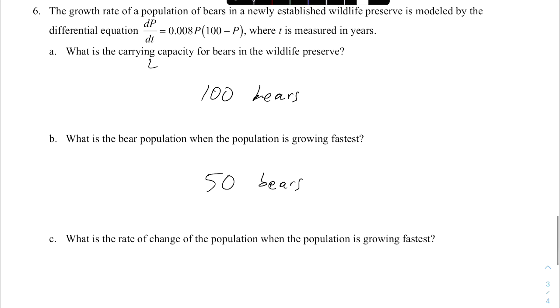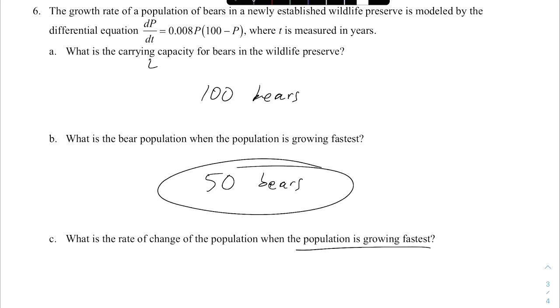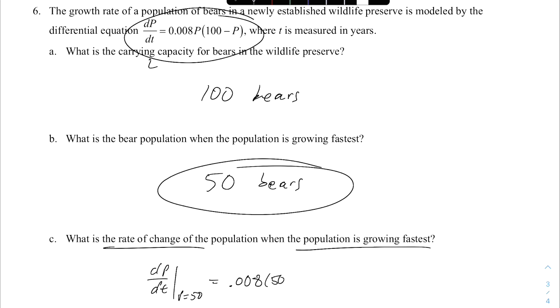What is the rate of change of the population when the population is growing the fastest? So the population is growing the fastest when I have 50 bears. What is the rate of change? Well, that is my dP/dt. So if I put in dP/dt when my population is 50, that is 0.008 times P times (100 minus P), which will come out to 20 bears per year. Right? Pay attention to units